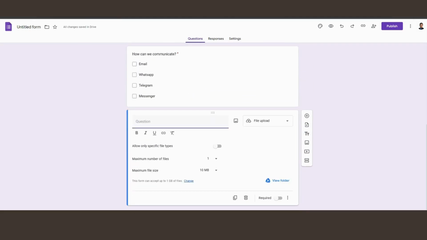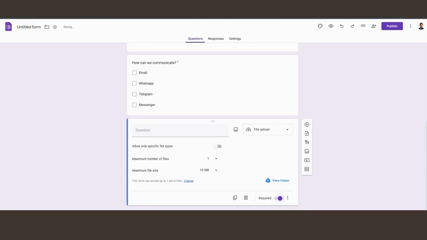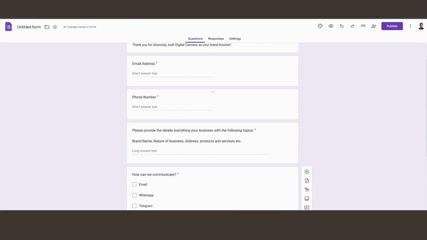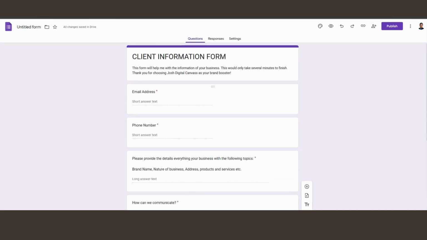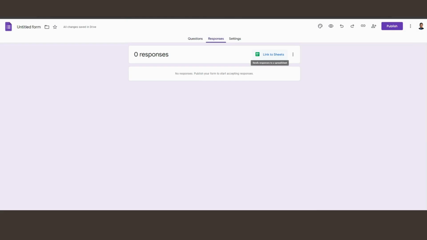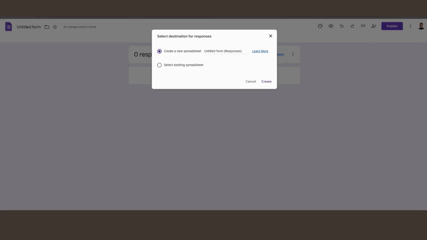So after that, you already have the questions, then mark them required also. So it's up to you. Or you can also give options to the customer, for example, his gender. You can make it optional for him if he prefers to say it or not. And next after that, go to responses, where you're going to link your Google Form to Google Sheets, so that everything the information your client provided will be directly inputted here. So maybe you have an existing spreadsheet or create a new one. This one, click create.